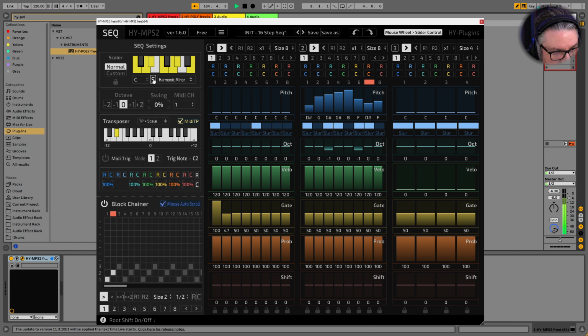What does S mean? Root shift on or off? Okay. Okay, you have quite a lot of range here. Okay.